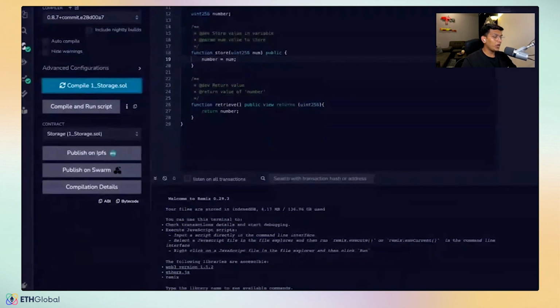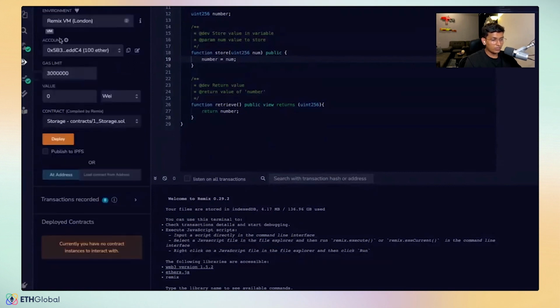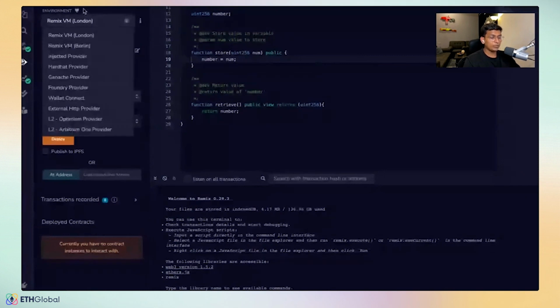Now that we have compiled a smart contract, we can deploy it on Mantle testnet. For that, we are going to click on the deploy and run transactions icon on the icon panel. Cool. And also this is pretty important. You need to click on,